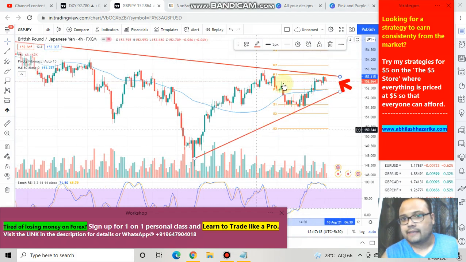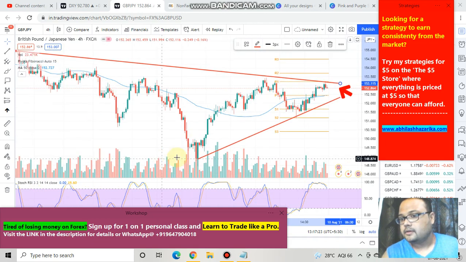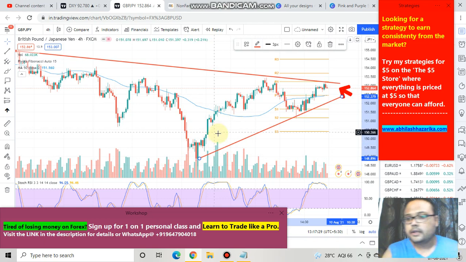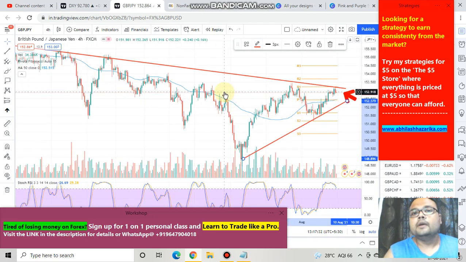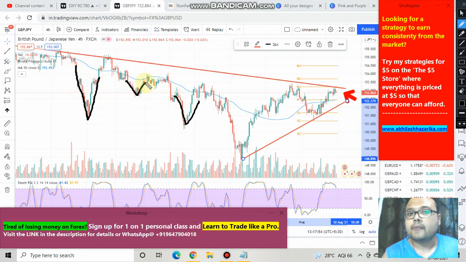Apart from this resistance level, you can see that I have also drawn a trend line here. This trend line is important because if you have watched my previous videos on GBP JPY, then you remember correctly that I told you about the presence of buyers in this market. Overall, if you look at the chart here, there's no doubt that this market is in a downtrend. But whenever the market was facing severe selling pressure, it was also witnessing sharp recovery. You can see that whenever the market went down, immediately the market recovered as well.